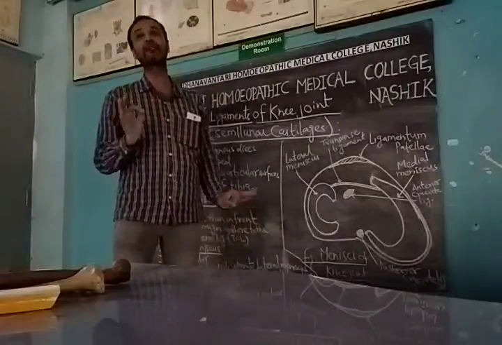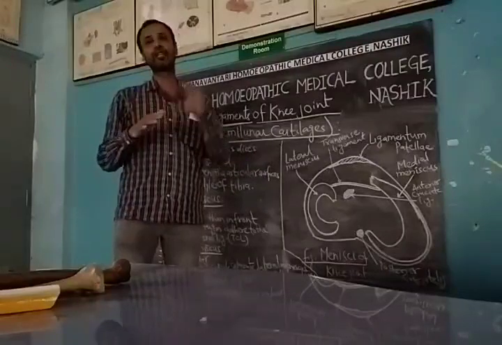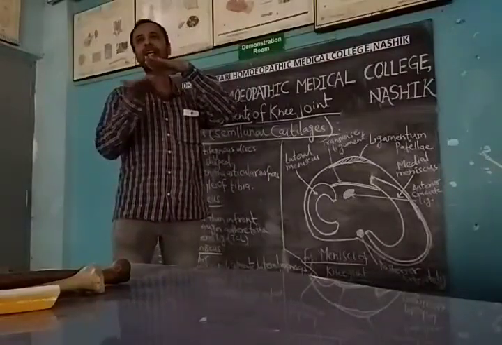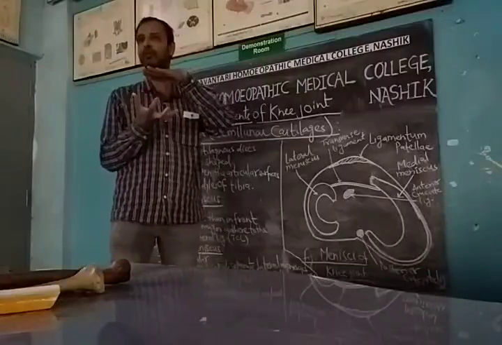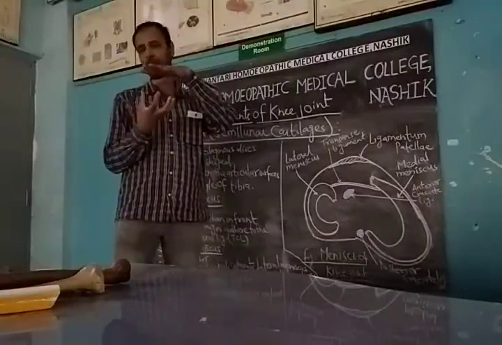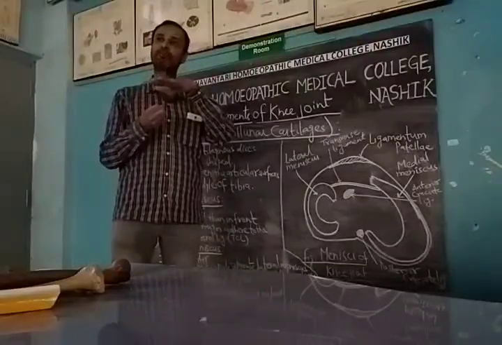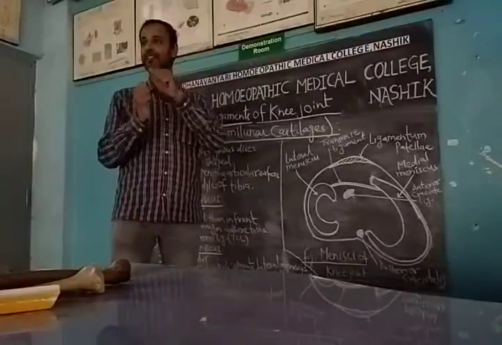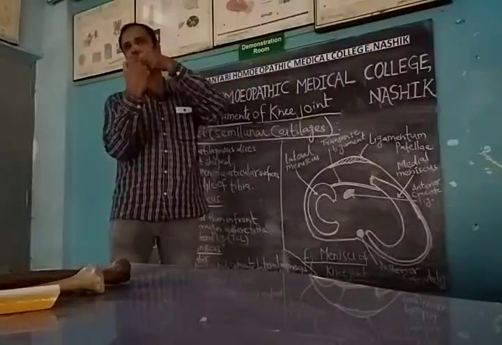Remember, these are cartilaginous ligaments, we can say. This cartilage lies between the two articulating surfaces. They give firm support, deepen the concavity of that joint, and also help in lubrication. Clear? That's the reason. Otherwise, if this cartilage is not there, the two bony surfaces may get friction.